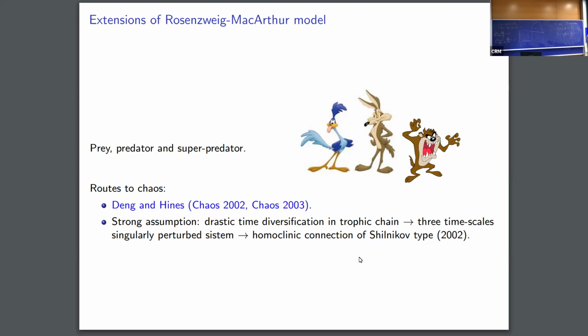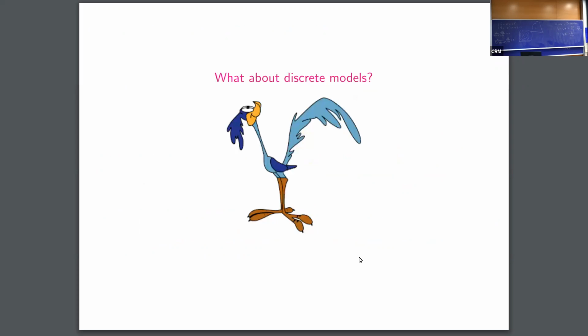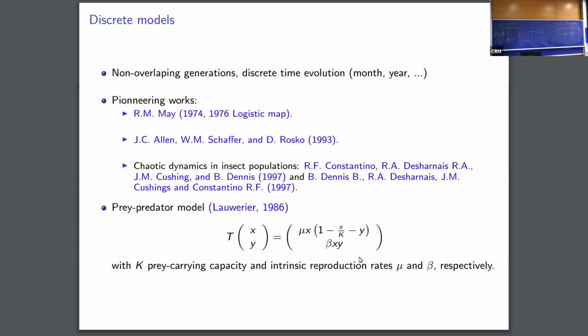I would like to do something similar in the discrete case. So what if I try to do the same with a discrete model? There are many works on discrete models, for instance the very famous one of Robert May about the logistic, but there are many of them. The generalization of this predator-prey model in the discrete case should be this Lotka-Volterra-like model,